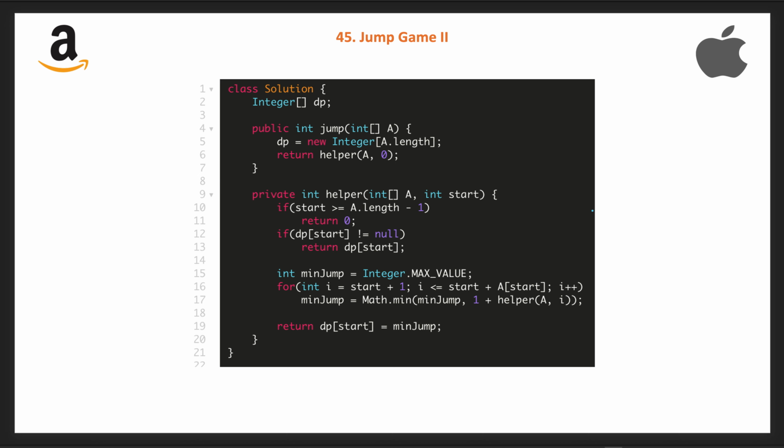And now what will be the time complexity of this solution? As we defined, the maximum case is like every number in our jump array A is k, then we will call k into n times. So the time complexity of this top down DP will be O of k into n. You can pause the video and try to code it yourself, and in Python you just change the signature, it is very straightforward.